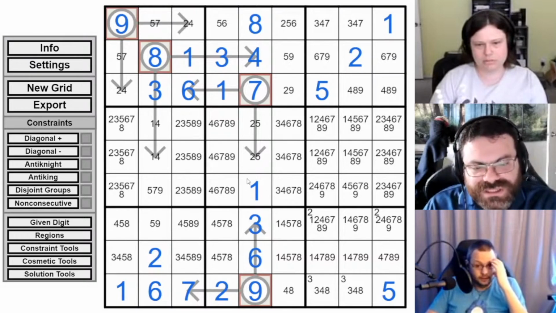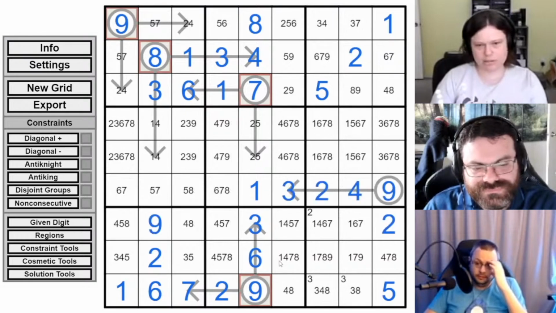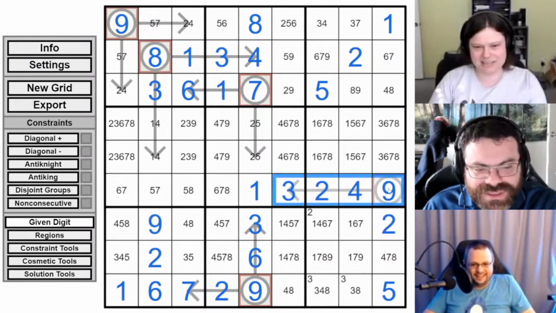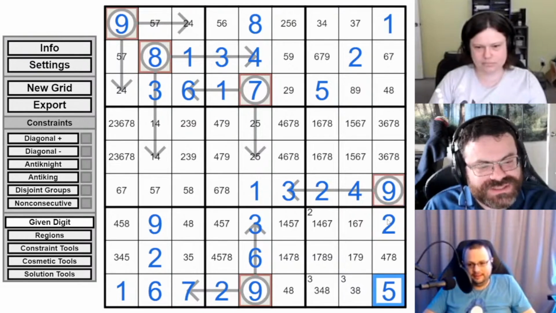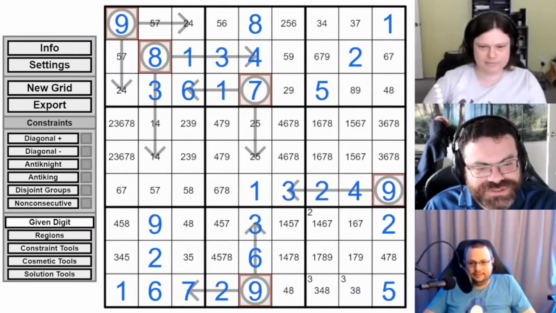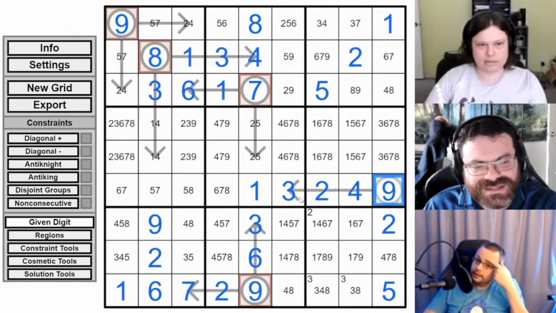So finding this 1 was kind of interesting, right? You could do a self-indexing 9 in row 6, pointing to the 1. It would be forced with a 3-cell arrow, but I don't know if that messes up any of the other logic. I mean, this obviously works because it's self-indexing. This would place a 6 here. We've broken our both directions thing, but we could do it. Now the question is if this is pretty usable early. I think it's just forced to be a 9 from the start.